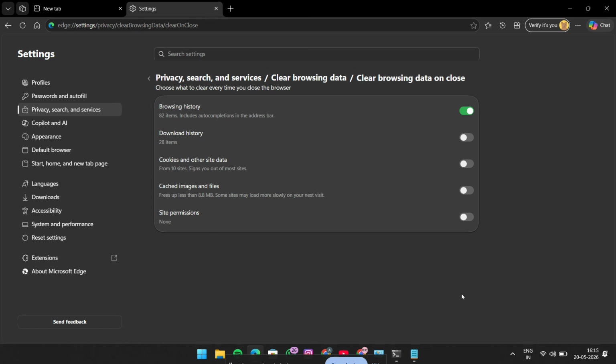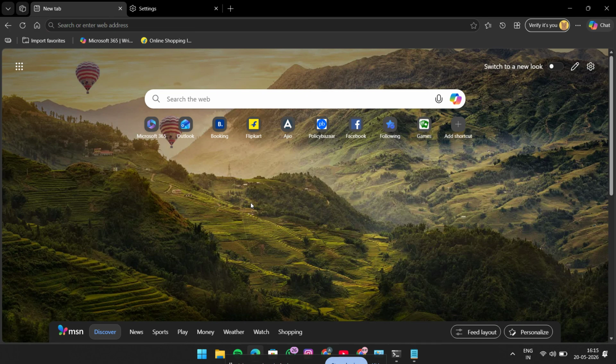But if your main goal is just to clear history on close, the only setting you really need to enable is Browsing History. After that, you can close the Settings tab. Your change should now be saved, and Microsoft Edge will start clearing your browsing history each time you close it. That means the next time you open Edge, your recent history will already be gone, helping keep your browsing more